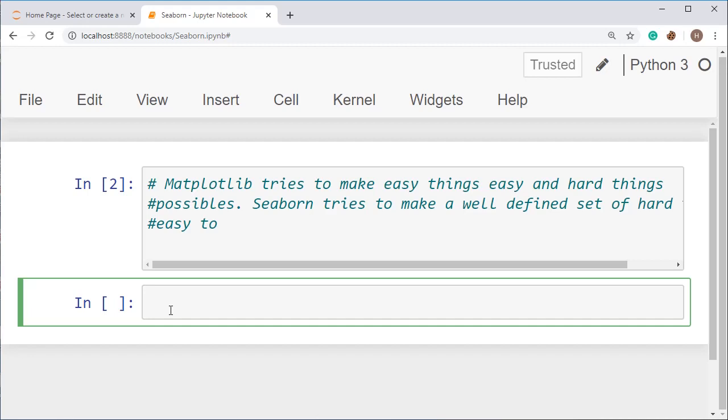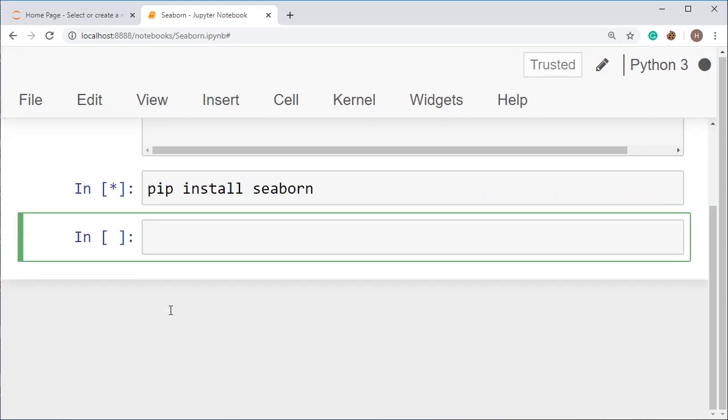So let's quickly set up the environment for Seaborn. What we have to do is pip install seaborn. It will make your system ready with the Seaborn library. Seaborn is dependent upon Python 3, NumPy, SciPy, and Pandas as well as Matplotlib. We have already covered NumPy, Pandas, and Matplotlib, so it will be easy to work on the Seaborn dataset.